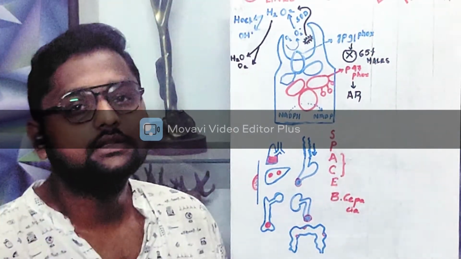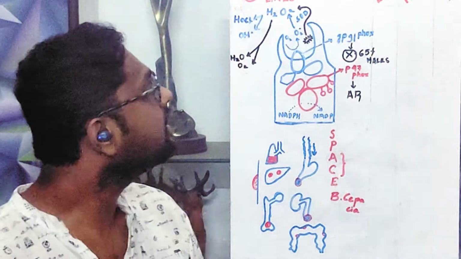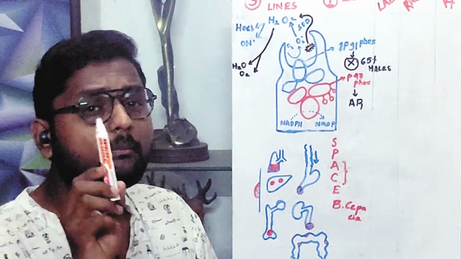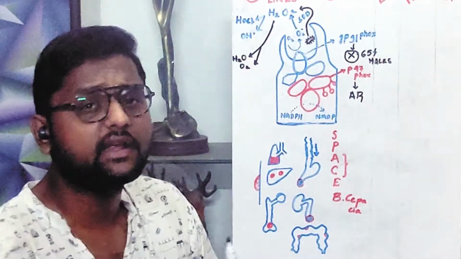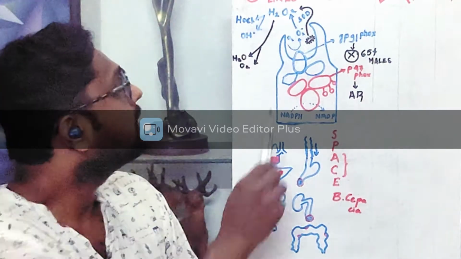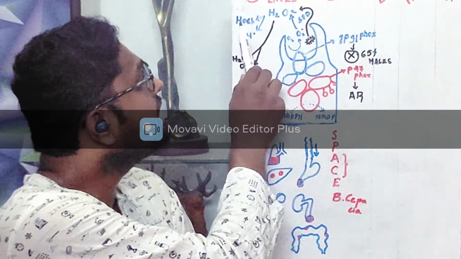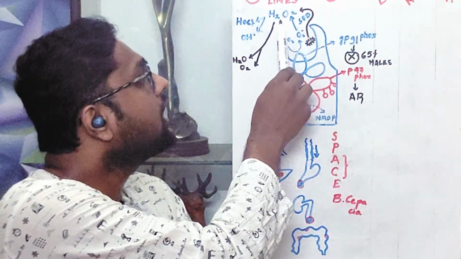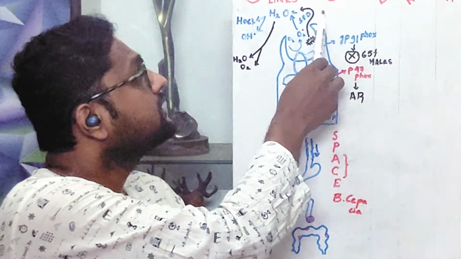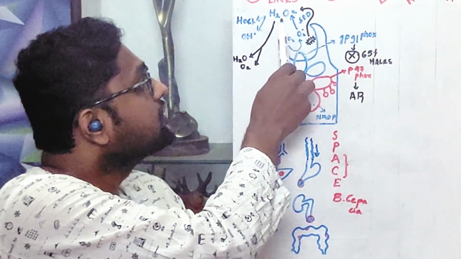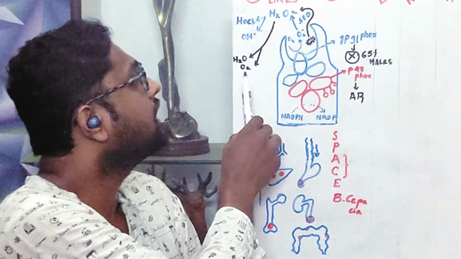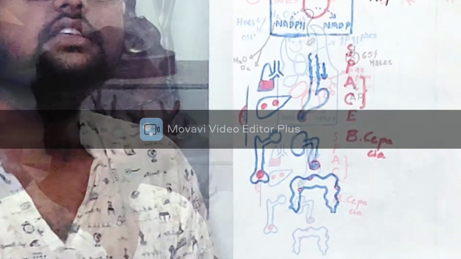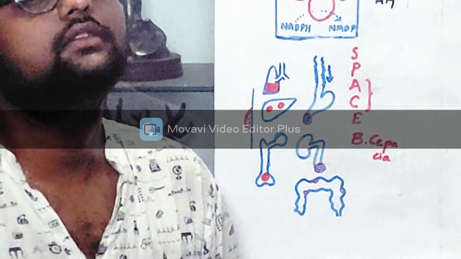Those bacteria that can produce catalase. Remember, in this CGD, the hydrogen peroxide is not formed, but some bacteria do synthesize hydrogen peroxide, but even then the bacteria will not be killed by forming hypochlorous acid and hydroxyl ions, because those bacteria who are able to produce catalase lyse the H2O2 to form H2O and oxygen, and thus there is no killing of the bacteria. So what are these catalase-producing organisms?